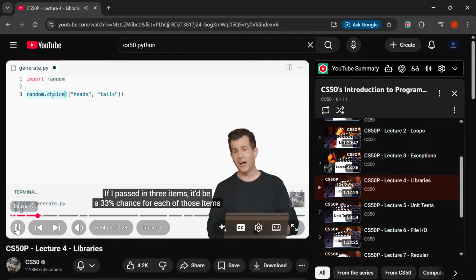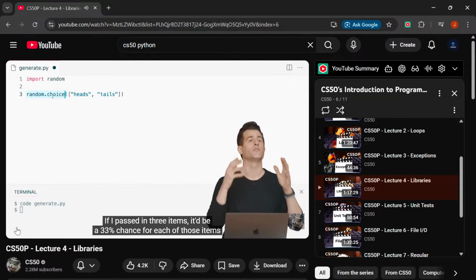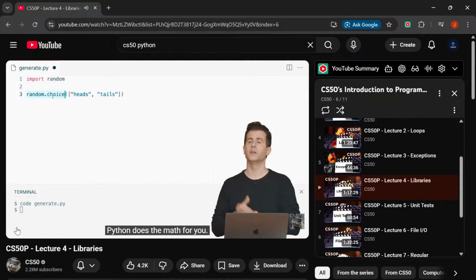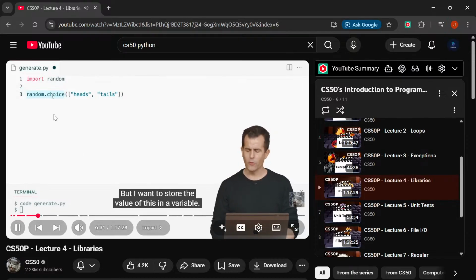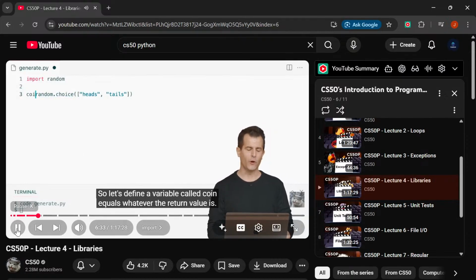If I passed in 3 items, it'd be a 33% chance for each of those items and so forth. Python does the math for you. But I want to store the value of this in a variable, so let's define a variable called